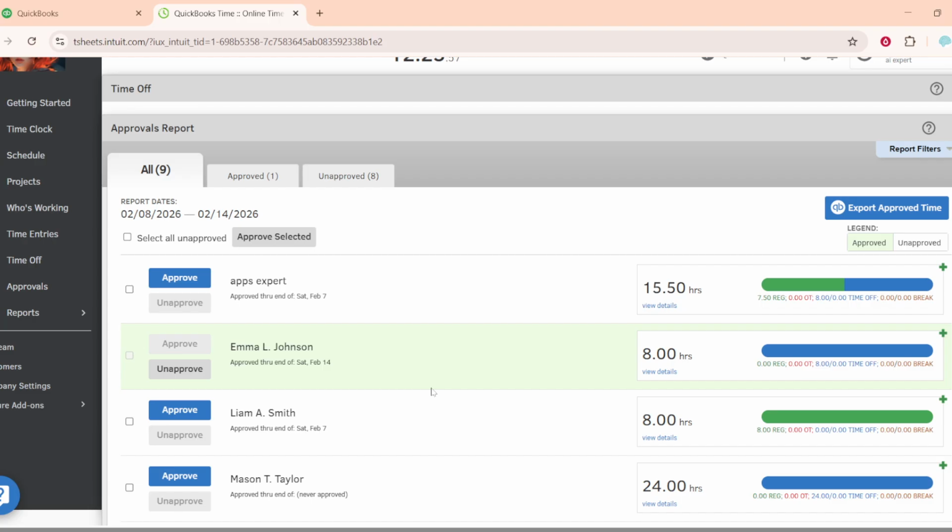That's it. Log in, go to Approvals, find time off requests, review, approve or deny, add a note if needed,